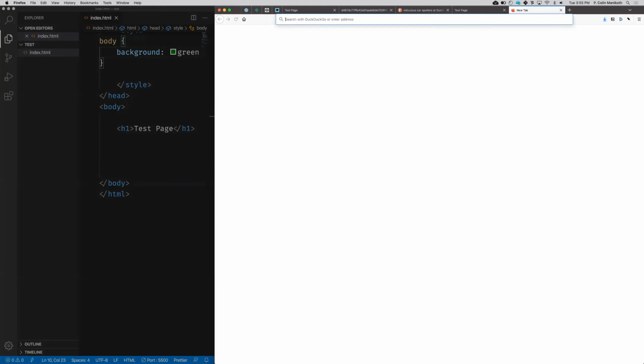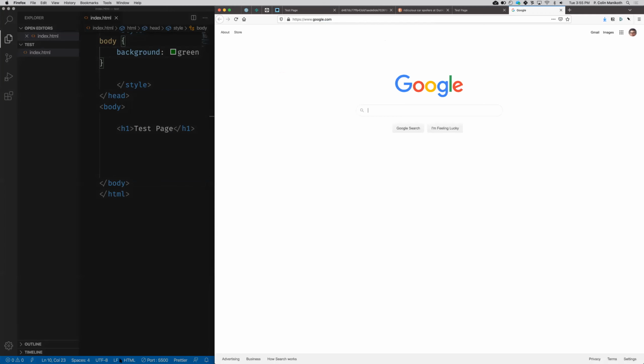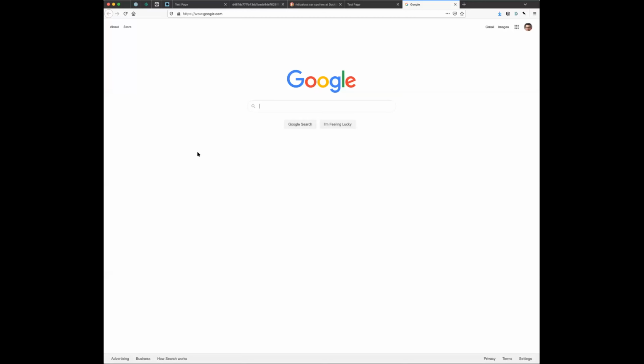And what we're going to do is go to google.com together. So everyone go to google.com. I'm going to stop sharing. Okay. And then I'm going to share my Google page instead. Okay. All right. So you're in Firefox. You're going to go to google.com. And what we're going to do here is walk through some of the features of